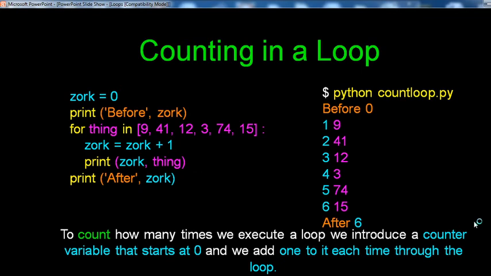That means the first number displayed is 9, then the second number 41, third number 12, fourth number 3, fifth number 74 and sixth number 15. In this way your output displays ZOR. See here, ZOR equal to 0 first, then add one: 0 plus 1, 1 number, 9, displayed as it is. Then ZOR plus 2, 2 number 41, 3 number 12, 4 number 3, 5 number 74 and 6 number, that is 15. Again ZOR comma thing, you will display that